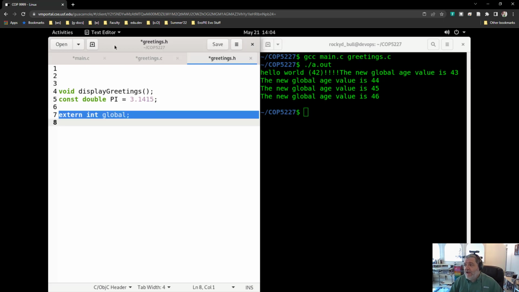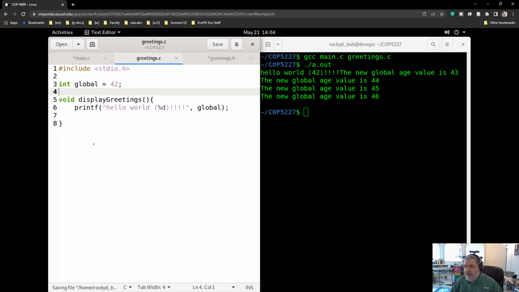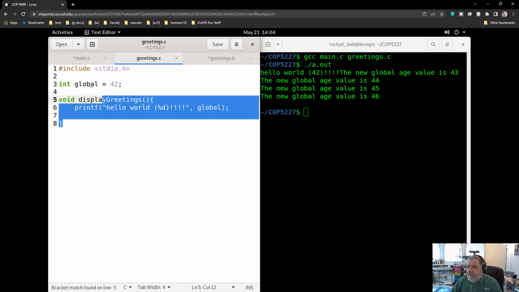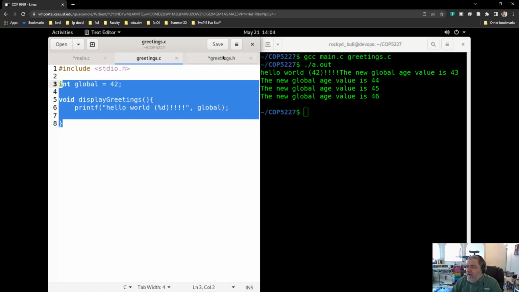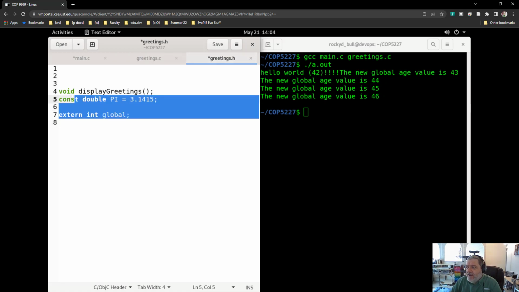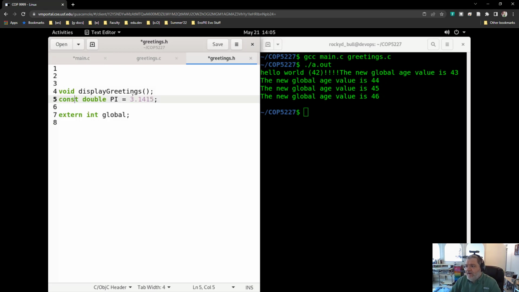So that means that somewhere else, in this case greetings.c, I declared a global variable. So if I want to give another programmer a module that contains, for example, one global variable and one method that I want them to be able to access, this is how I would do it. Define everything in the .c file, greetings.c, declare everything in the greetings.h, then allow main.c